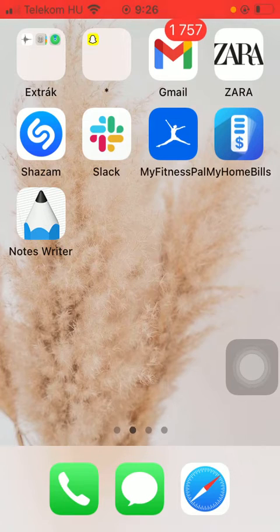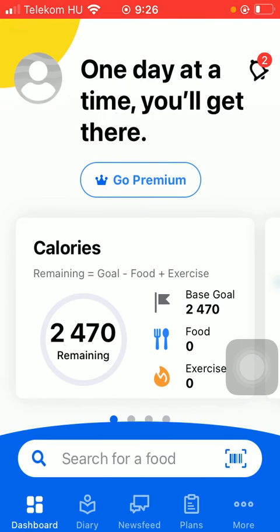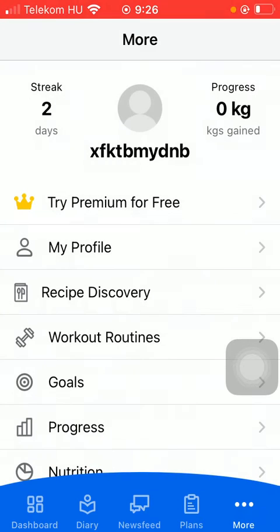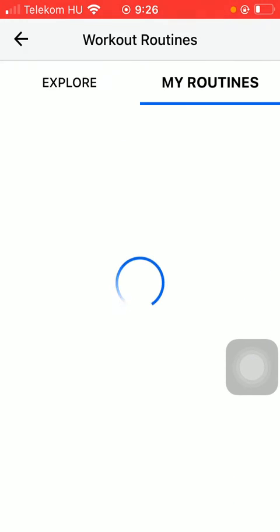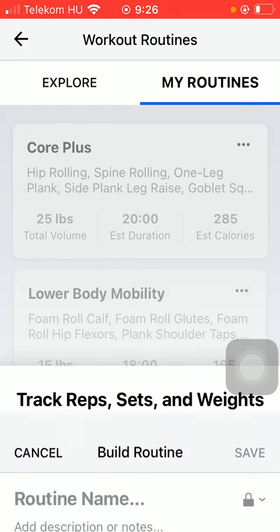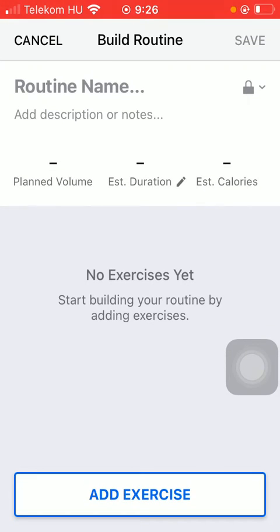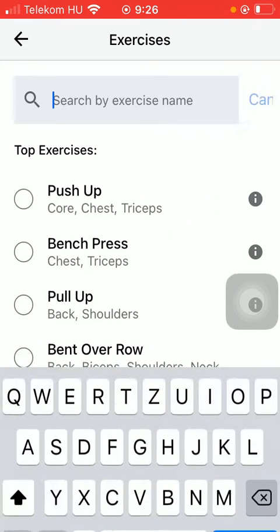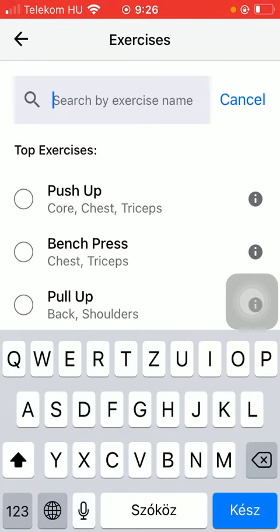First of all, open the application on your phone, tap on the more button down below and then click on workout routines in the middle of the screen. After that you should go to the my routines section and click on build routine, which is the last button down below. After that click on add exercise, and here you should type in the name of your exercise that